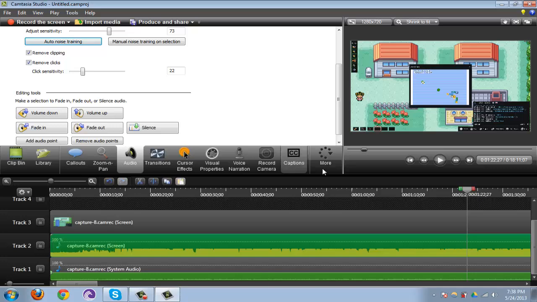So that's basically it. Make sure your game audio is turned down a little bit. Turn your voice up a little bit. Make sure you get rid of any noise to make sure it's bearable to listen to. And just by doing that, you will potentially have a good video, just for the reason that audio is, I personally think, and I know a lot of people will agree with me, I even know that